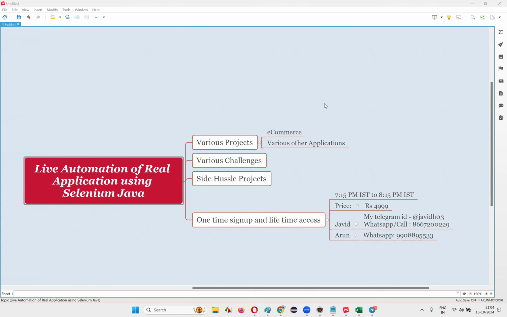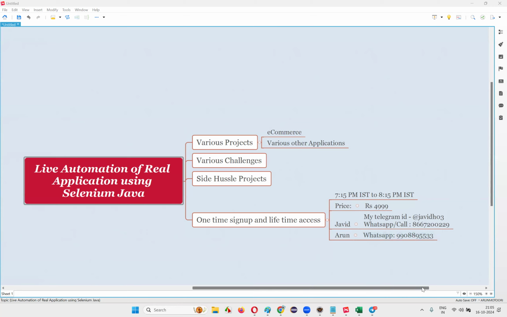Oh, then Somesh, you can join, no problem. BDD Cucumber, if you don't know, you can also join. Maybe at the same time you can enroll for my November 1st batch also, which is going to start. The enrollments will start there. You can check with Javid. Also, you can join the BDD Cucumber. Currently, we are about to move towards BDD Cucumber in the 8:30 p.m. to 9:30 p.m. session.